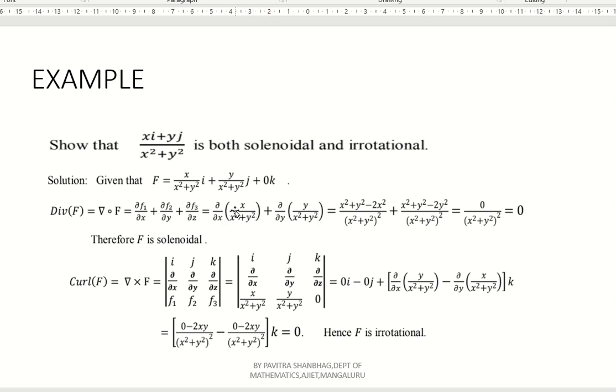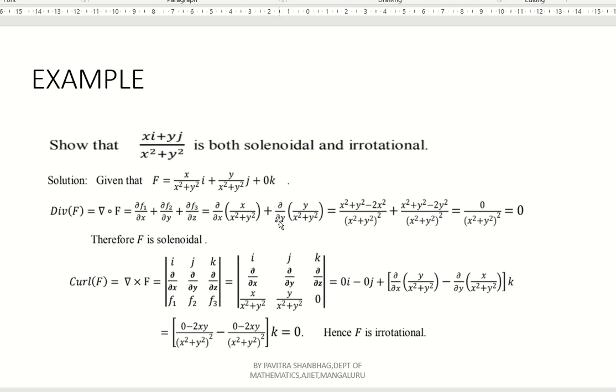Now differentiate this partially with respect to x. Apply the u by v rule properly and the partial derivative concept. Remember here, denominator into derivative of numerator. So what will we get? (x² + y²) into 1 minus x into the derivative of x² + y², which is 2x. So what will you get here? (x² + y² − 2x²) divided by the denominator's whole square, that is (x² + y²)², right?